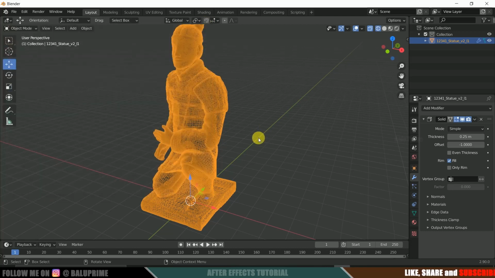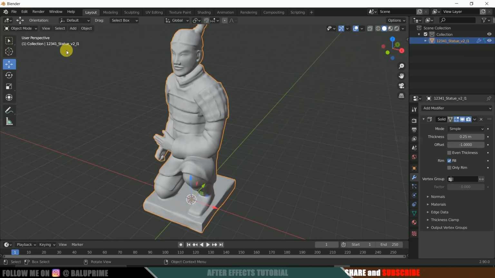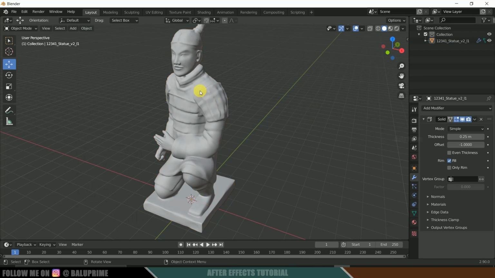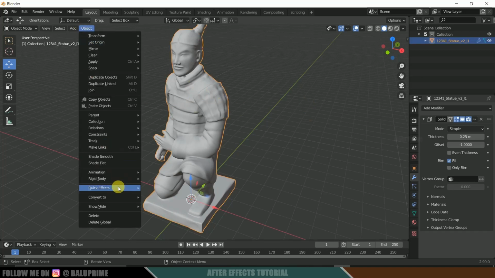Once this is done, now let's go to this shade mode. Come to this object, click on this object, make sure that our model is selected. Click on this object, quick effects. Here we got an option called cell fracture. So click on this cell fracture.